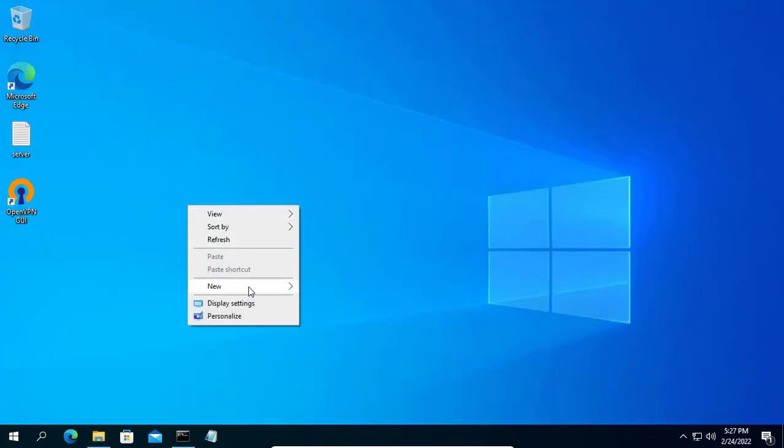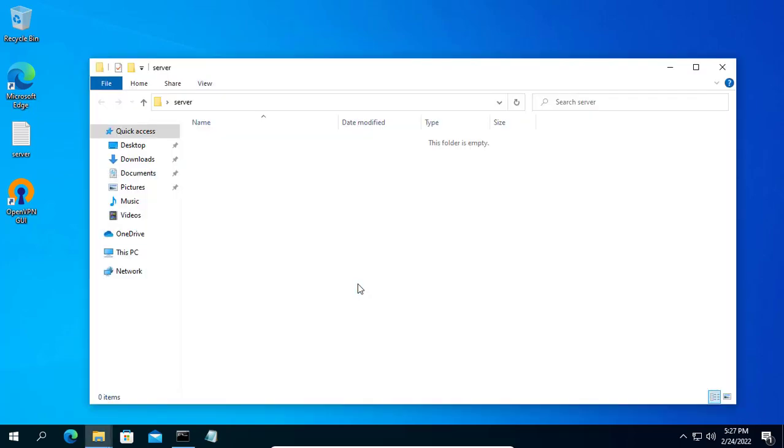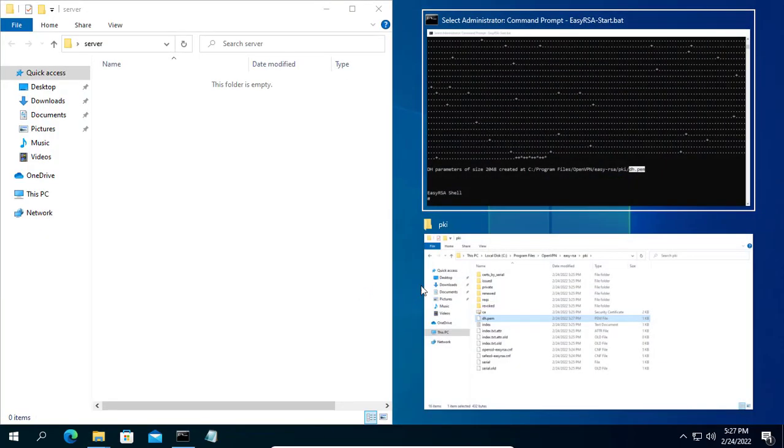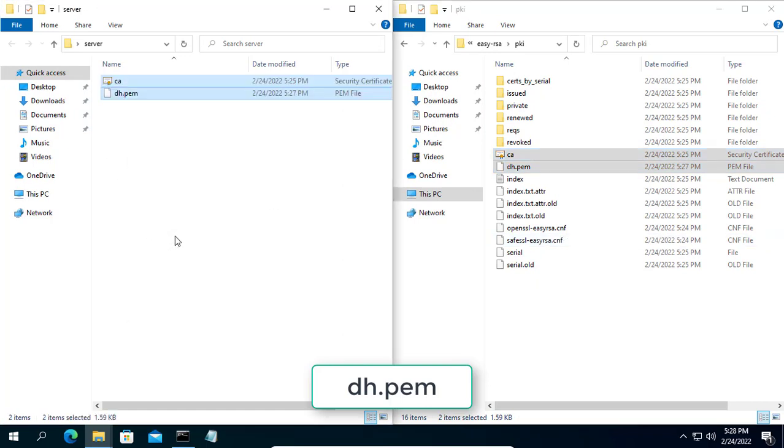I will copy the files needed to configure the OpenVPN server into a separate folder and name it server. It includes 4 files: ca.crt, server.crt, server.key, dh.pem.